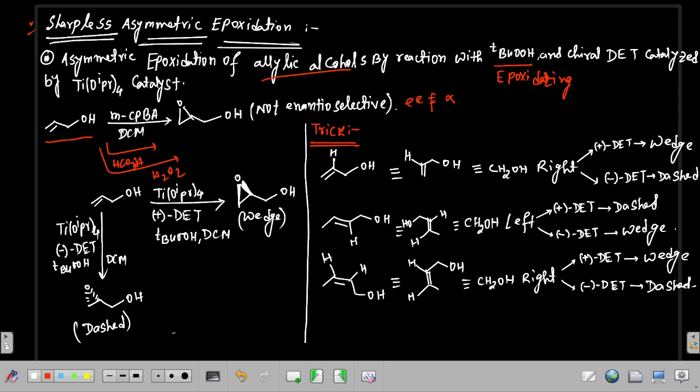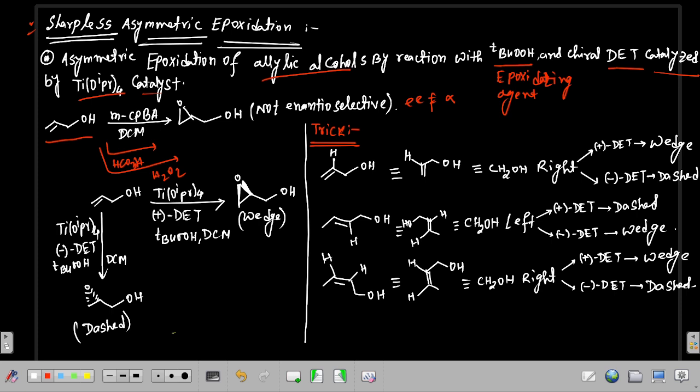This is an epoxidizing agent, and chiral diethyl tartrate, and this reaction is catalyzed by titanium tetraisopropoxide catalyst. So we need allyl alcohol in presence of titanium tetraisopropoxide and plus DET, and tert-butyl hydroperoxide and DCM. It will give this